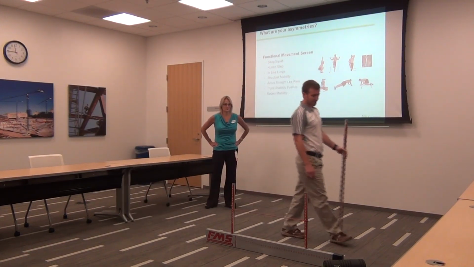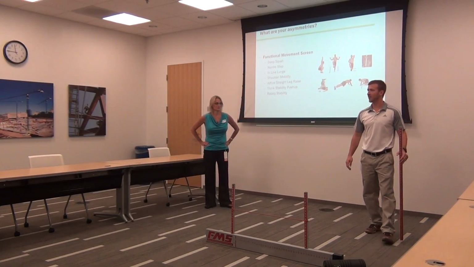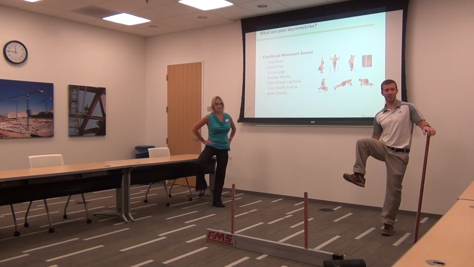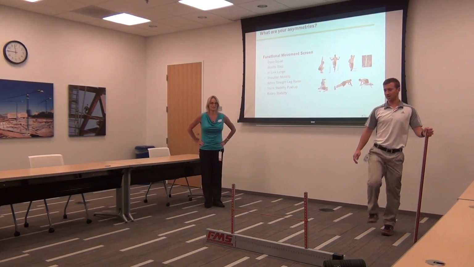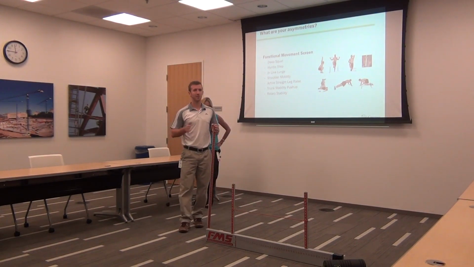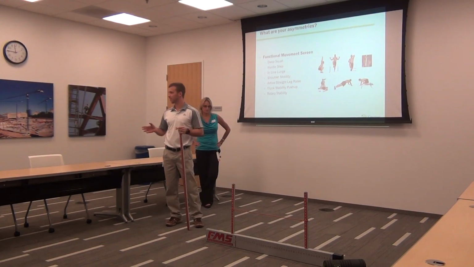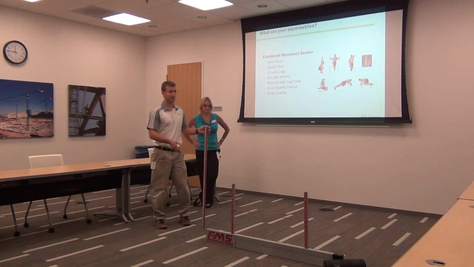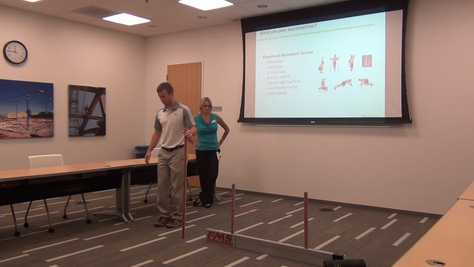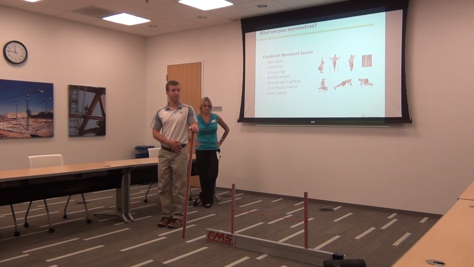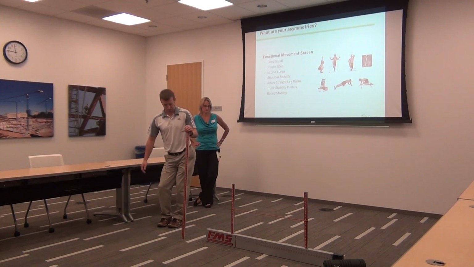So, when you did that, did you find yourself really wanting to look down at the chair, see where this thing was? Did you find yourself maybe coming up like this, going a little bit wide, and then coming around on top? Okay, so what this is looking for is one, proprioception, which means knowing how your body is moving in space. So understanding where the height of the chair is, where the string's at, and how you can get your foot up over it. The other one that we're looking for is, do you stay straight up and tall, or do you not have the hip stability or strength so that you kind of lean out to the side?